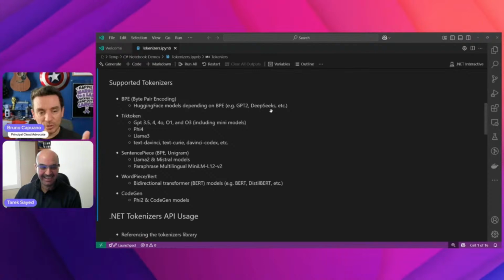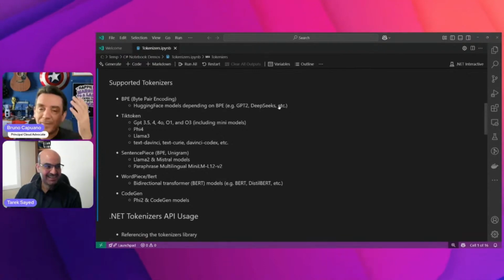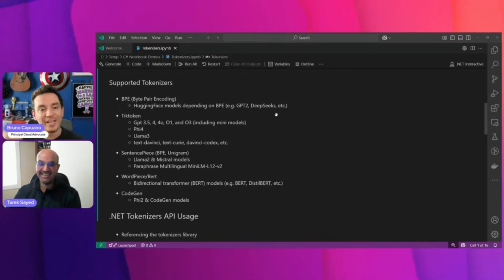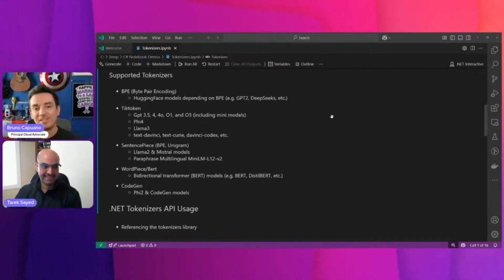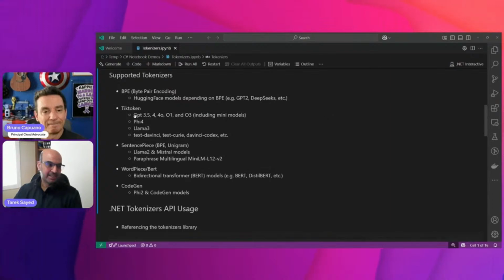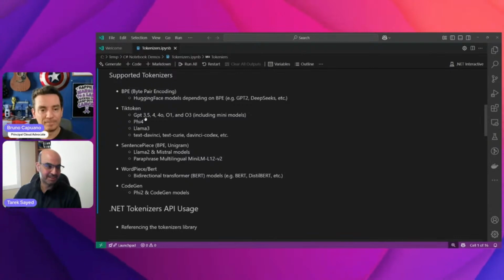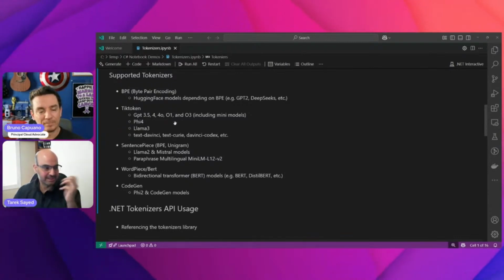I'm so used to tiktoken, but again, that's my bias, because that's the world that I live in more, coding-wise, that I didn't realize DeepSeek is another place. Good to know. Thanks. We have the tiktoken tokenizer also. This is the OpenAI tokenizer. It supports GPT-3.5, GPT-4, GPT-4o, and so on.